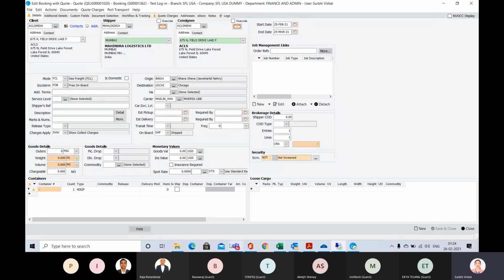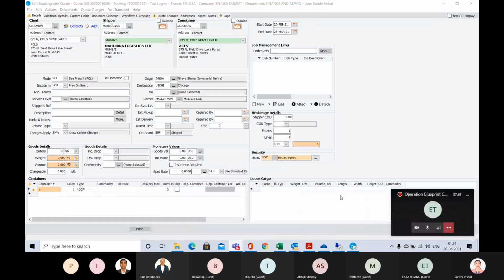So guys, any doubt so far? Because the next part which I'm going to tell is something which is very, very important. So let me know if you have any doubt on this booking stage. So this is only a booking stage, right? It's up to operations whether they want to enter the details. But yes, if you enter them here, then the further process for other departments will be eased down.